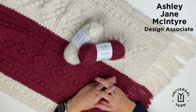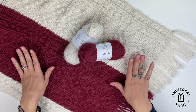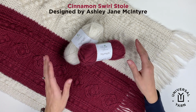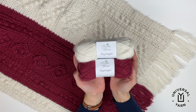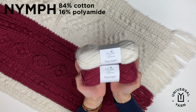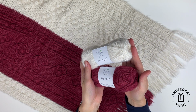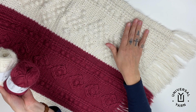I'm a design associate here at Universal Yarn, and today I'm going to be showing you a crochet technique for how to join the panels of the beautiful Cinnamon Swirl Stole. This is available in both a knit and crochet version, and it's made using this very lovely yarn called NYMPH, which is 84% cotton and 16% polyamide. It's just got this very lovely, fluffy halo to it. It's so warm and cozy, and we know that this is going to make the perfect accessory for you for